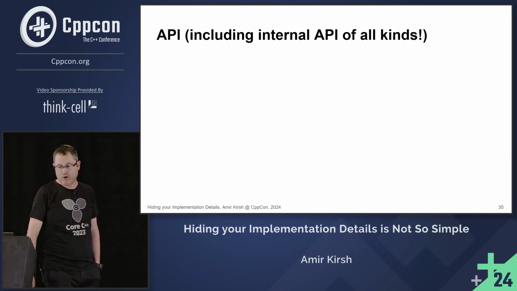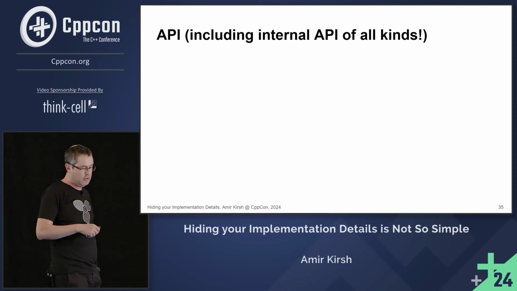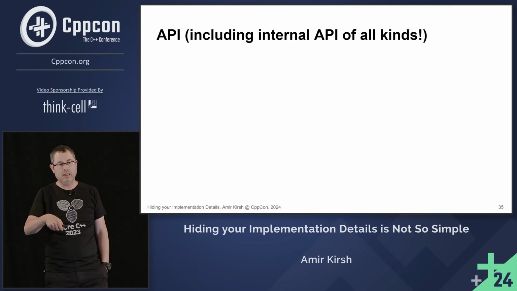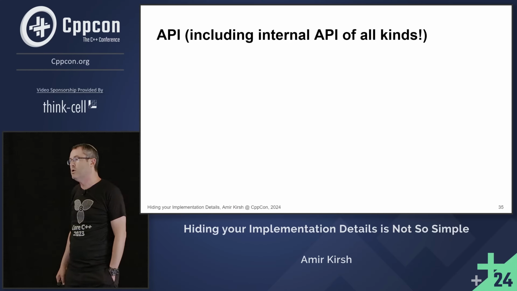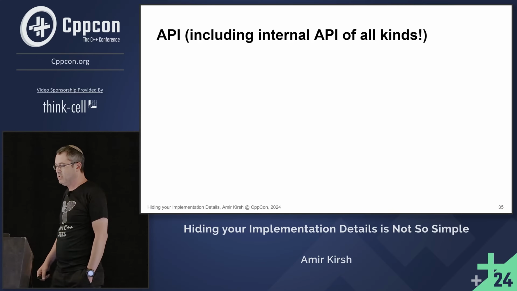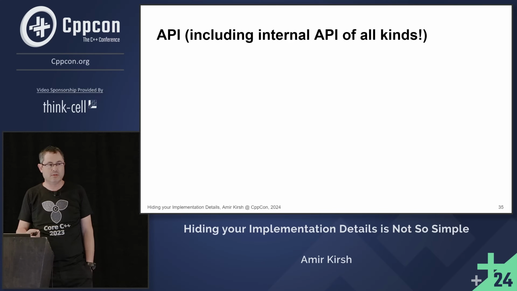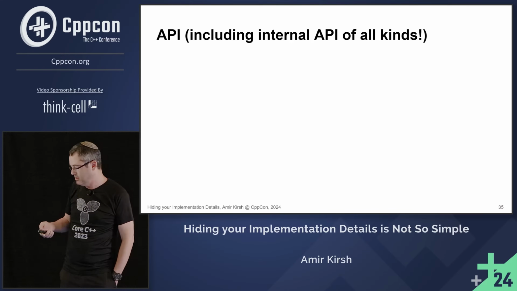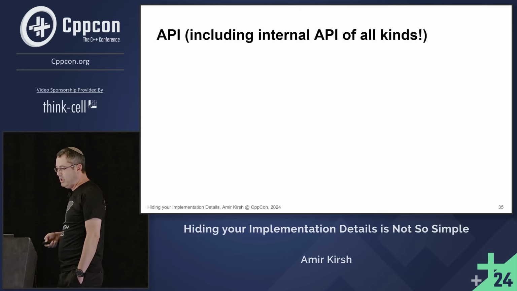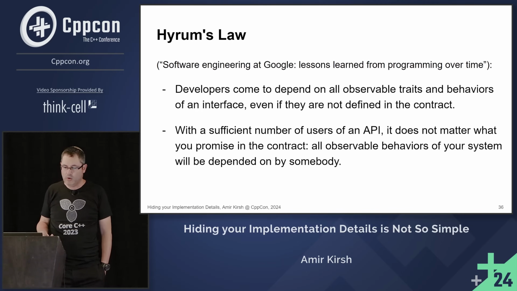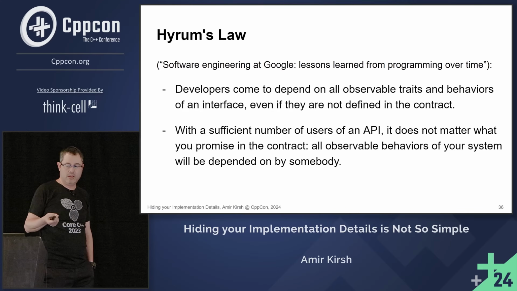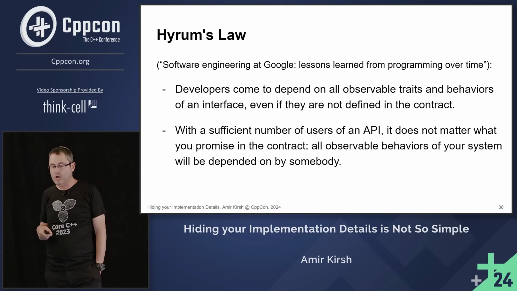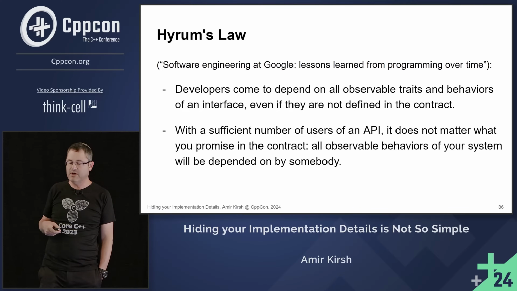Let's continue to API, including internal API, because when I talk about API, even if it is an API between two classes in my own code base, I still want to decouple different classes. It would serve my testing, it would serve the ability to change things. So when we talk about API, we know from Hyrum's law, I assume that you heard about that, the developers come to depend on all observable traits of a certain interface, even if it is a